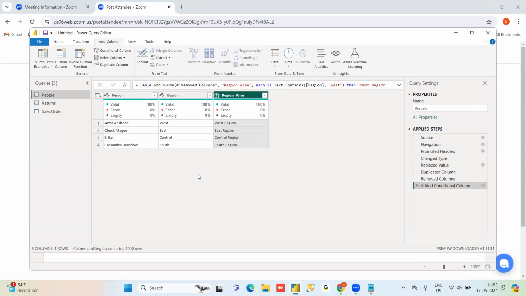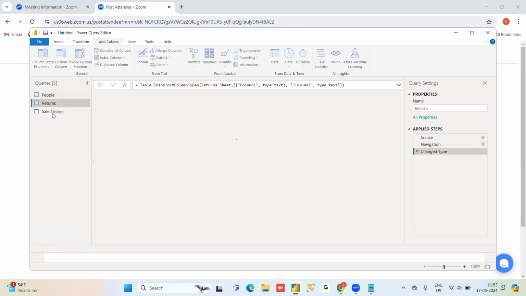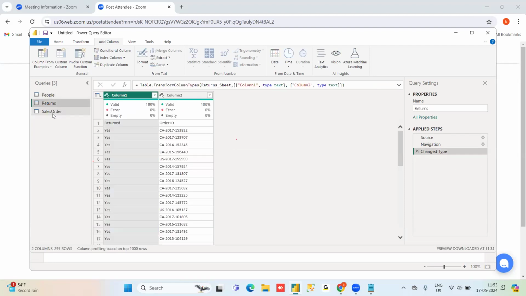And what else can we do here? Coming to returns. See here, splitting of a column is very easy. For the delimiter, I can take the first two letters, or by delimiter, like the first occurrence of hyphen, I can split the column.